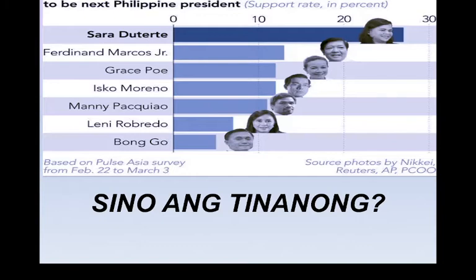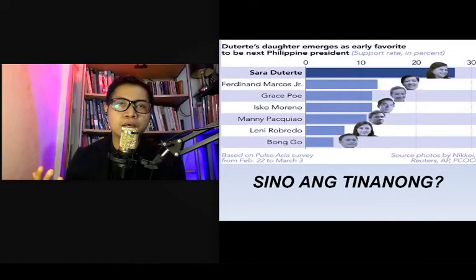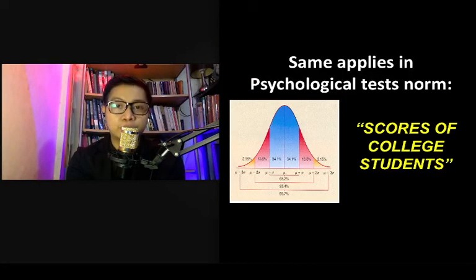Siguro i-specify mo kung sino yung mga tinanong mo dito. Halimbawa, ilabas mo yung survey na yan, but specify in the report that this survey was conducted among Filipinos in NCR. Yan, pwede yan. But for you to say na buong Pilipinas as if parang ang typical na Filipino gusto yung ganitong kandidato, tapos hindi naman represented, hindi naman well represented yung mga tinanong mo, that is unfair, that is simply inaccurate. Now, the same thing applies in psychological test norms.